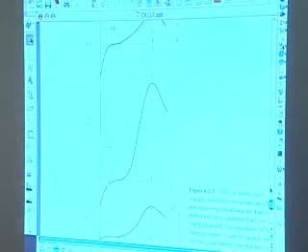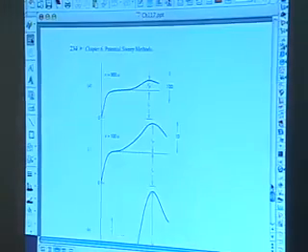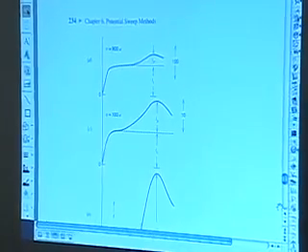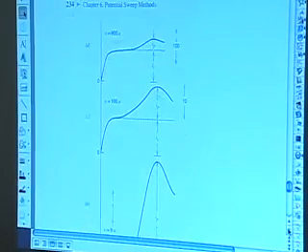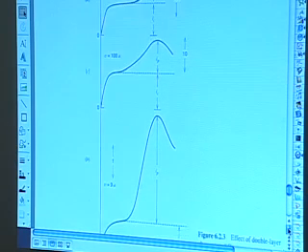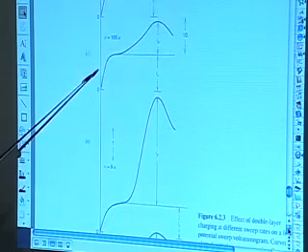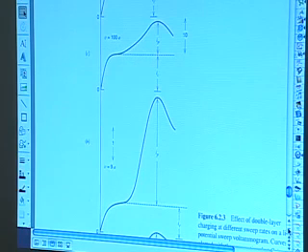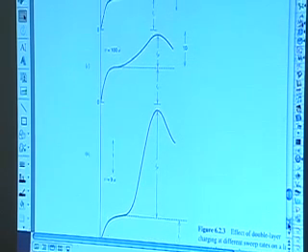So that's what a cyclic voltammogram looks like at different sweep rates if you do it at a macroelectrode. You'd start somewhere like there, and you see your peak. If you go faster, it starts to get washed out. And if you go really fast,